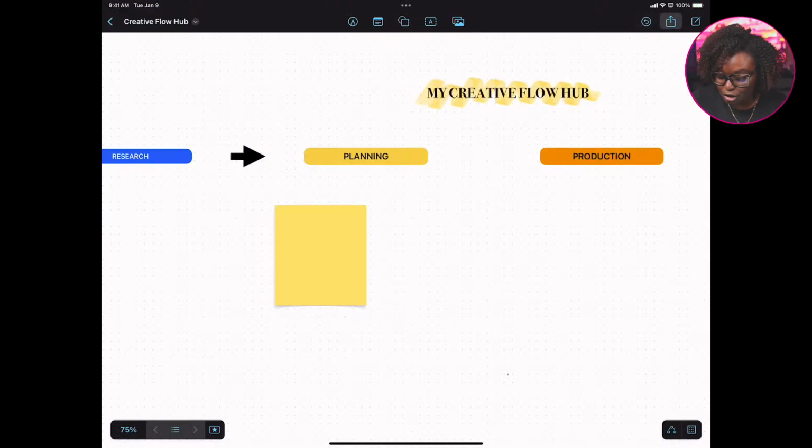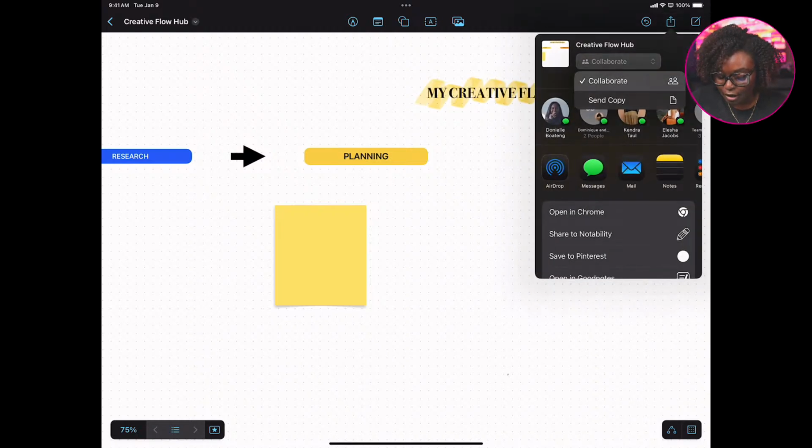To the top right, you have your undo button. This gives you the option to share or collaborate. Once you tap on that, it does give you the option to either collaborate or send a copy. You also have other options, and you could either send it to Notes, you can share it with Zoom, Gmail, Notability, Pinterest, GoodNotes, and the list goes on. So you do have that option for collaboration and sending a copy out to another user or somebody on your team or so forth. Again, the top right here does give you the option to create a new canvas. To the bottom right,